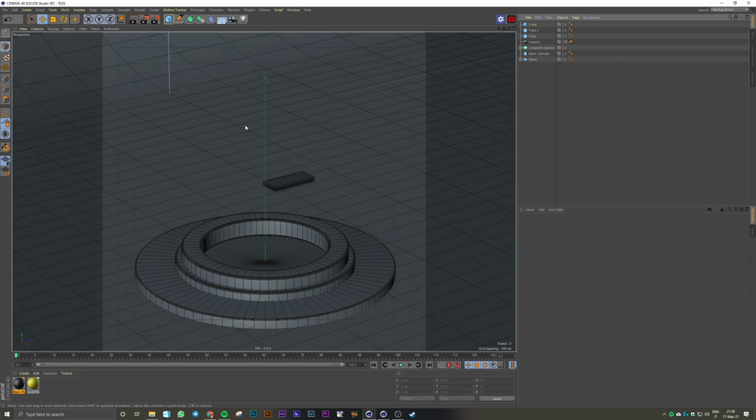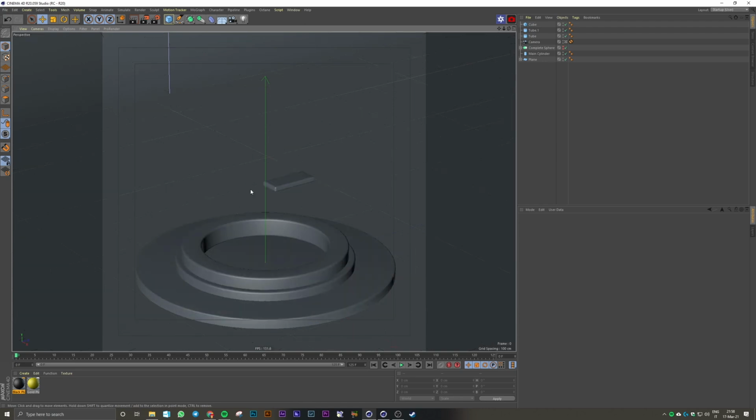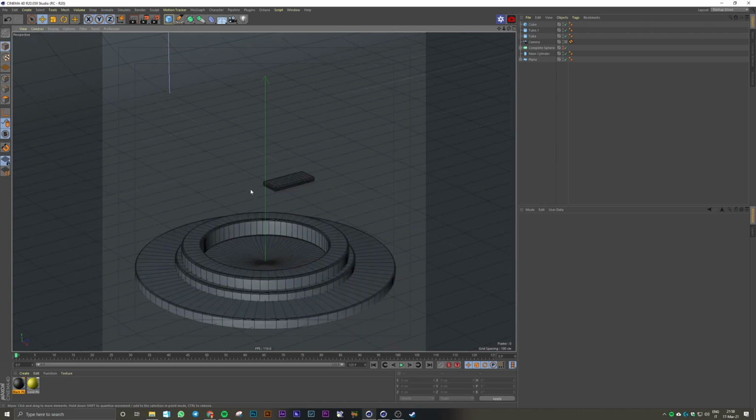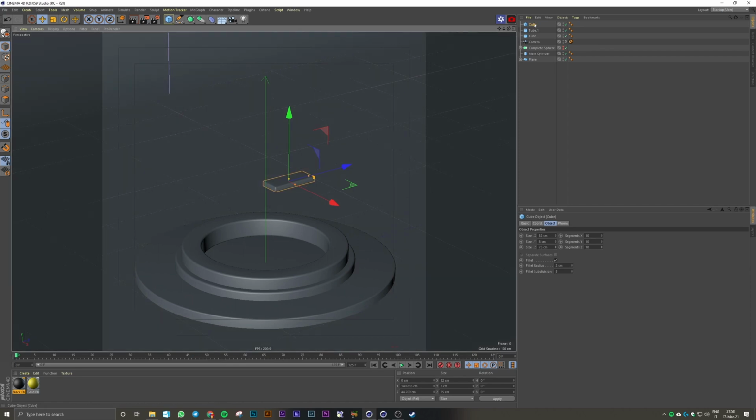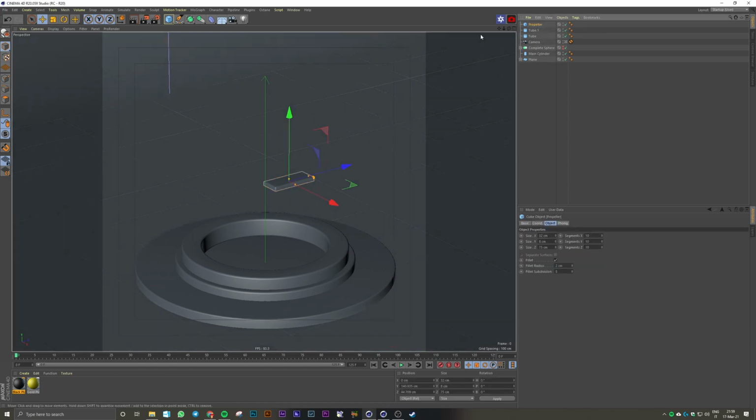And don't forget to click NA to hide the lines of your objects, or NB to show them. Right now I'm gonna go for hiding the lines. Let's rename the layers. And then selecting this cube,